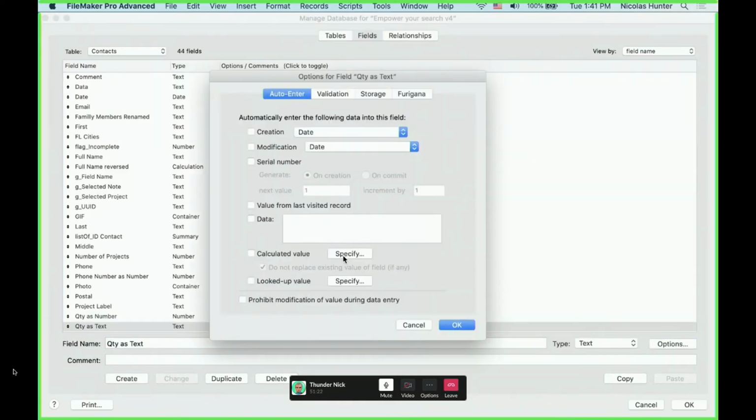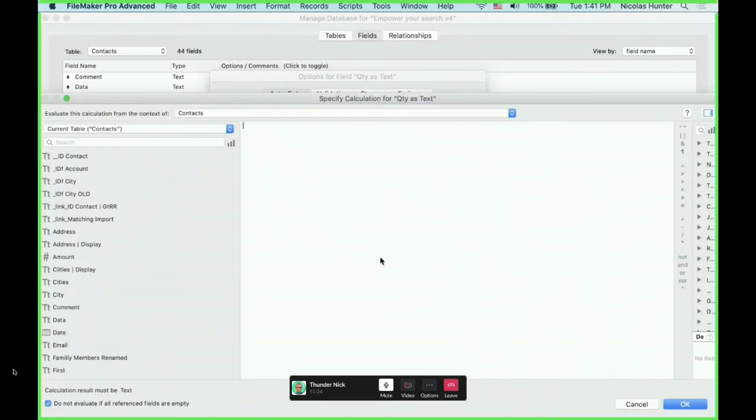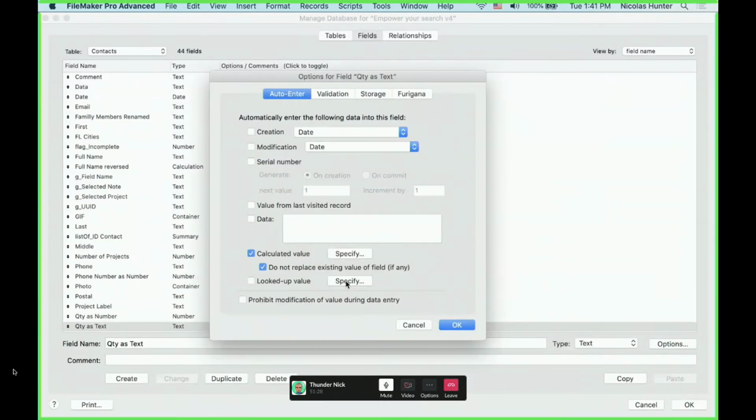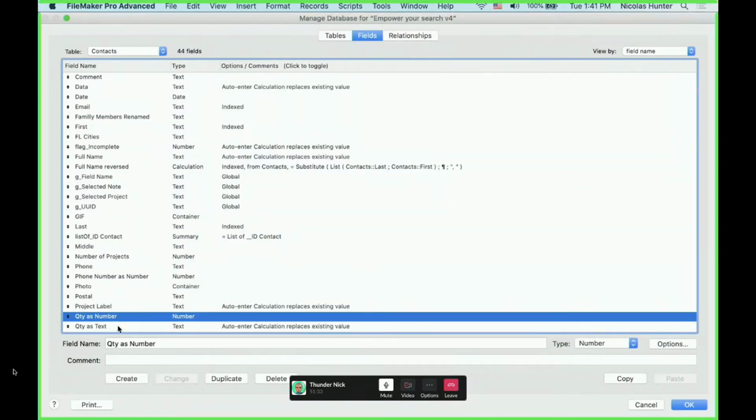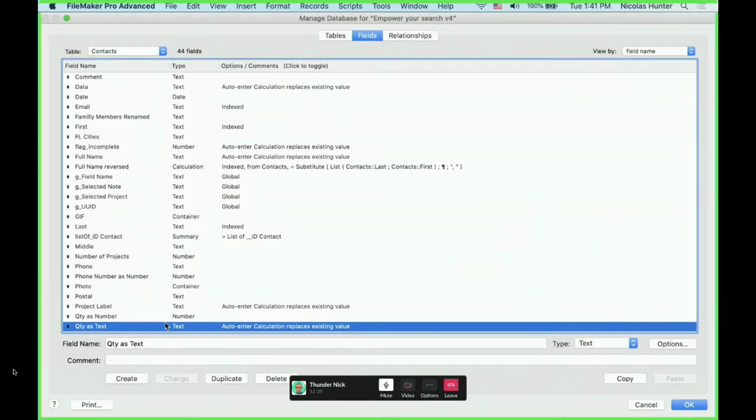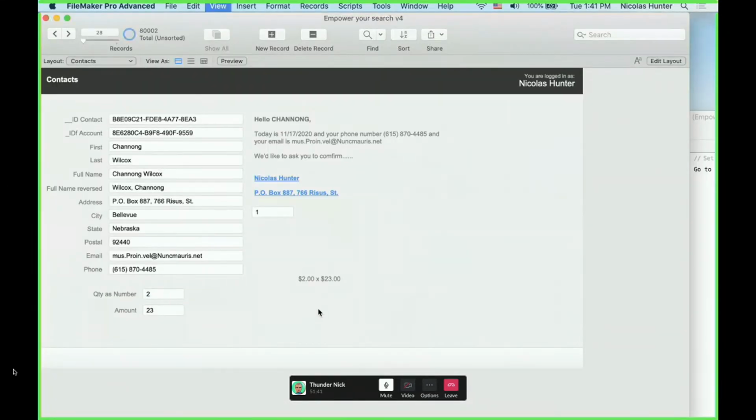And what is quantity as text? It is pretty much whatever you put in quantity as number. That's what I want. I want a perfect replication. Whatever I put there, I want that in the text. But because the type of the field is now text, when I merge this field inside, so